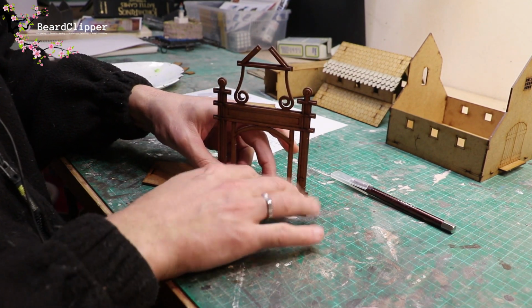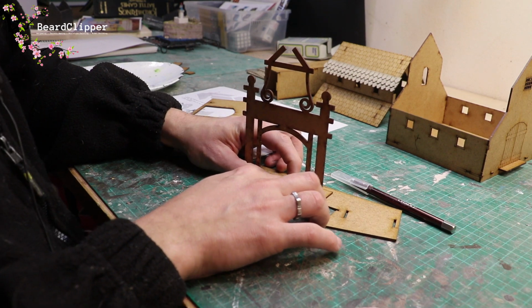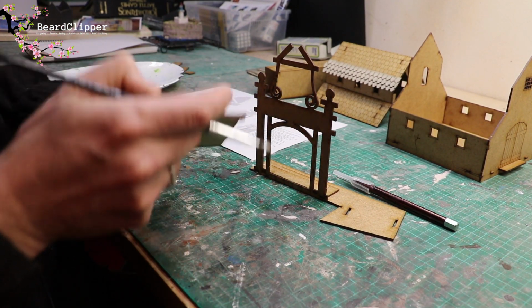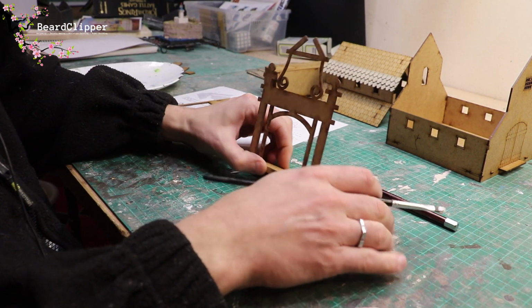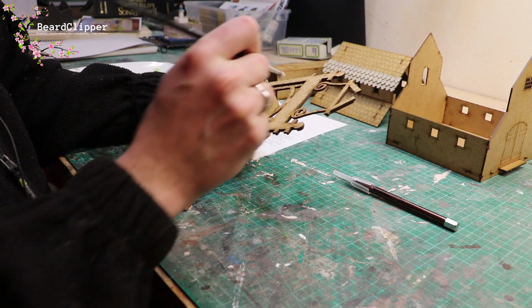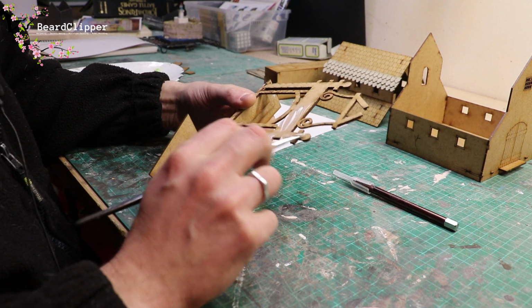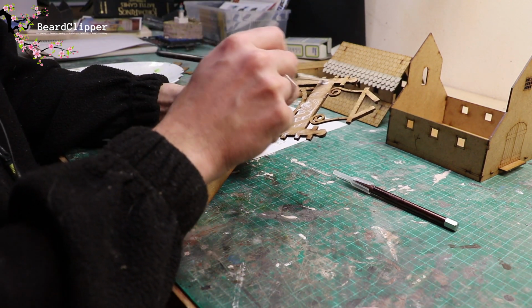That sits in there nicely. And then now we can turn it around, and we can apply glue to the back of this shape and then slot that on, and everything is going to be gravy. So there we are. That would be how I would recommend that you go about doing this. If you want to do it differently, of course, I'm just showing you how I'm doing it, but that seemed to me to be the best way to achieve a good result,